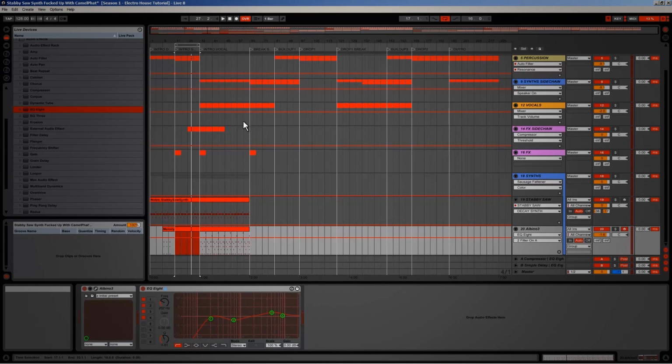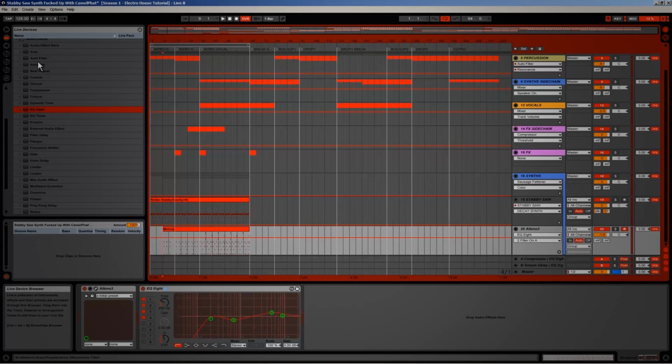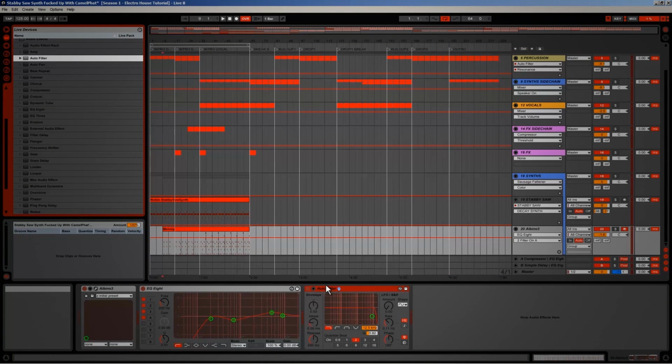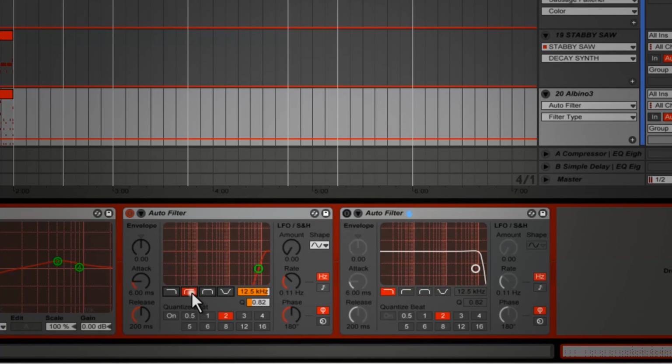Now I increase the loop area and I'm going to apply some filter sweeps to these chords by using Autofilter. First I drag 2 instances of Autofilter to the chord track. Then I turn off the second one, so we can set up the first filter. The first filter is set to the high pass setting and will only be used to take the low frequencies